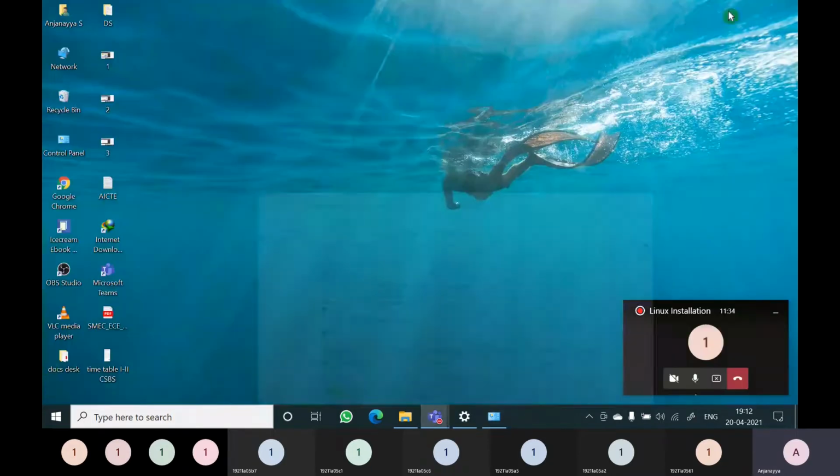Uninstalled. Now on the desktop there is no icon for VMware. VMware is uninstalled.